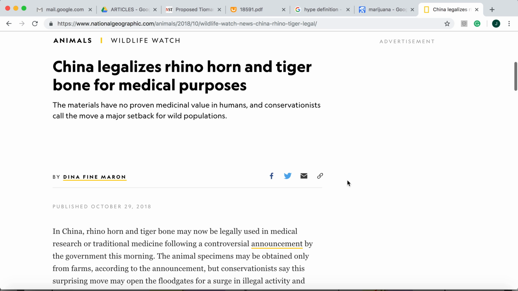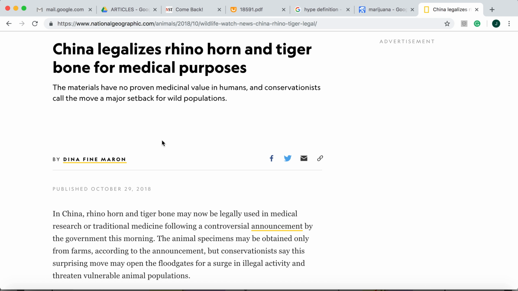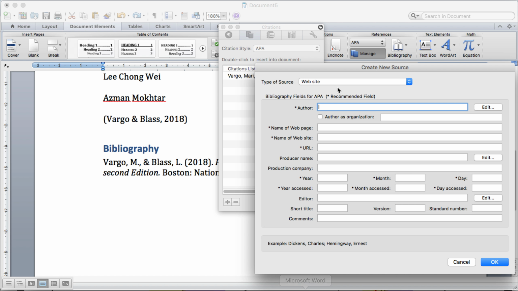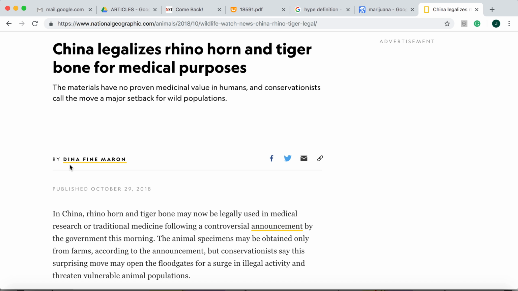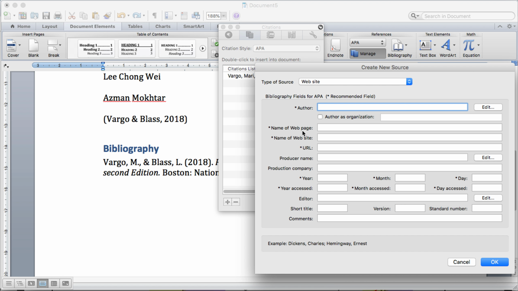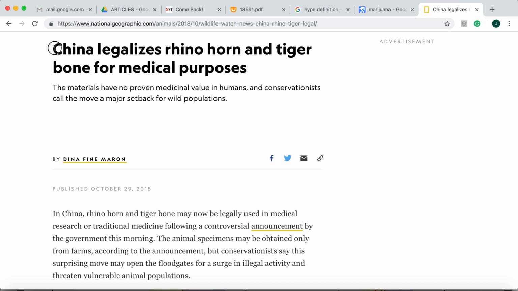This is one article. So what is needed here? First, the author. So let us see the name of the author, which is Dina Fine Maron. So we put the family name first, Maron, Dina Fine, and the name of the web page would be the title of the article. So we'll just cut and paste,